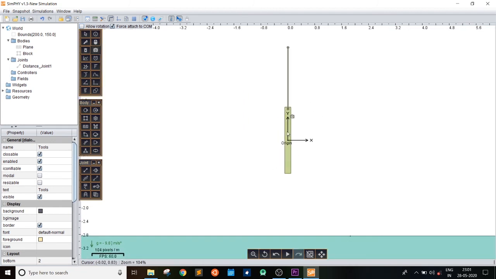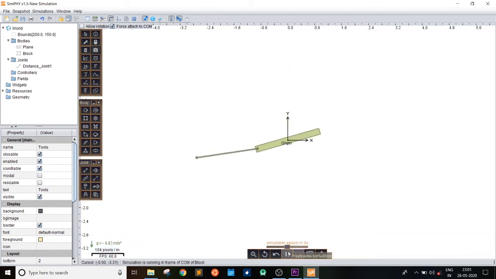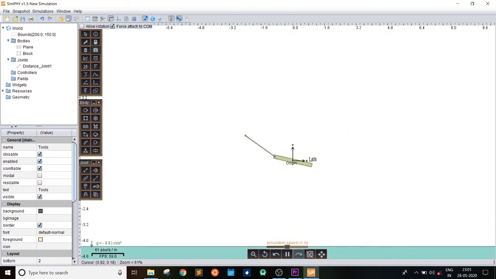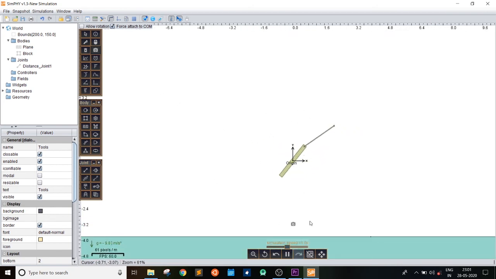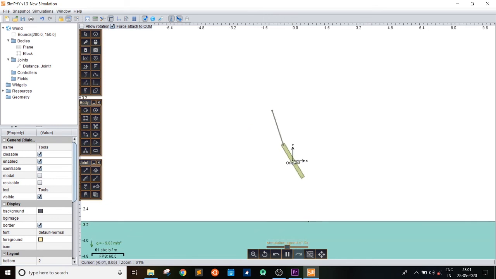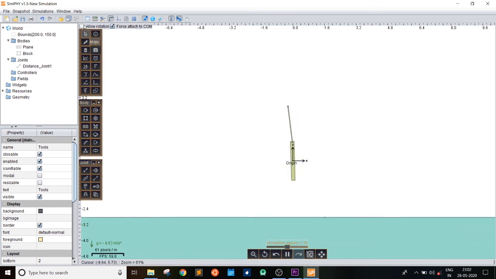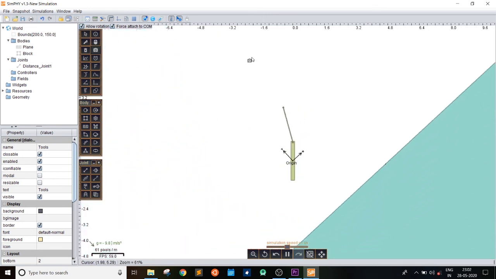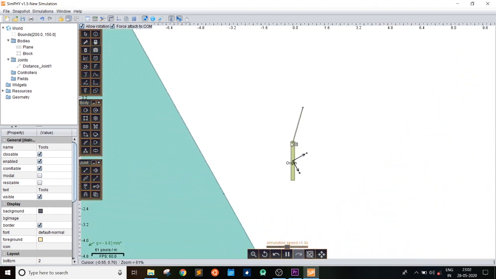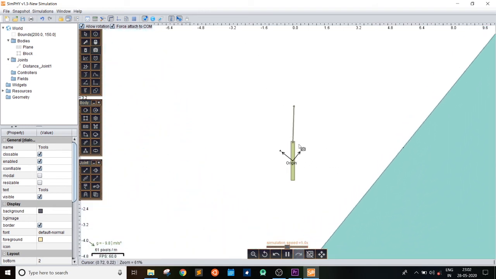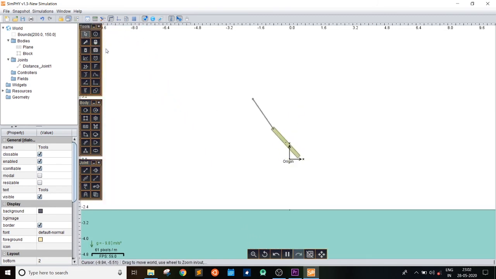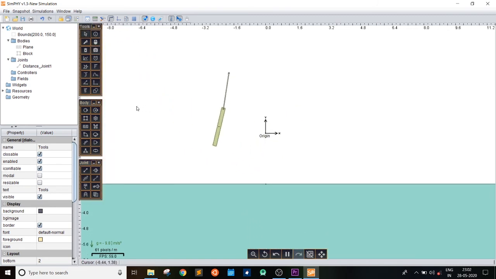And now let's see what happens if we play the simulation. As you can see, the frame of reference is changed to the body, and now the ground is moving instead of the body. So now if we check the allow rotation option here, then the camera on the body also starts rotating. It means the body looks completely stationary now, and it's a simple basic feature.